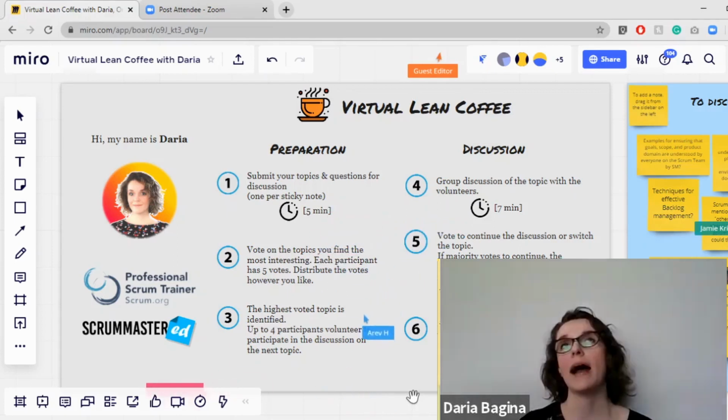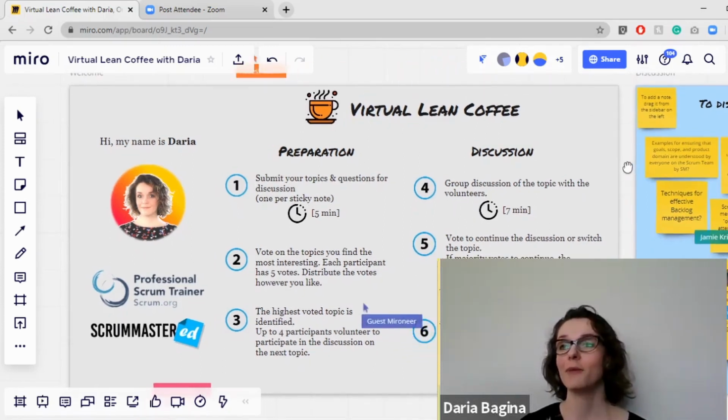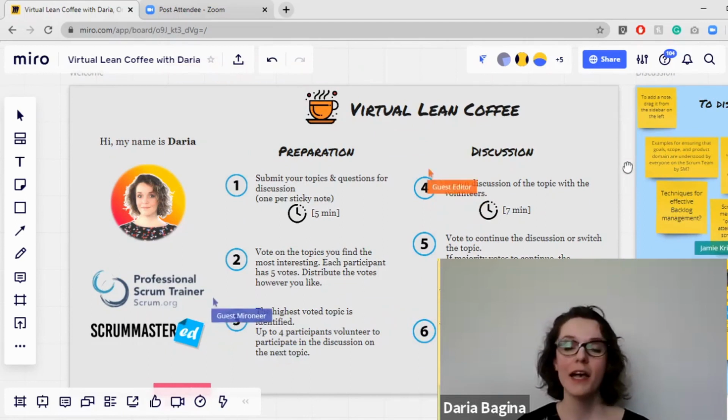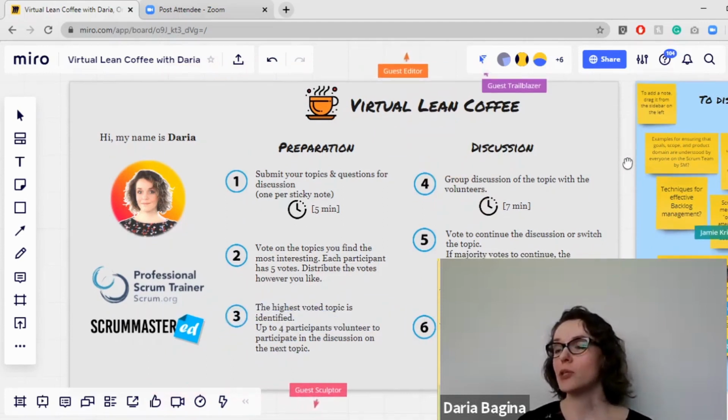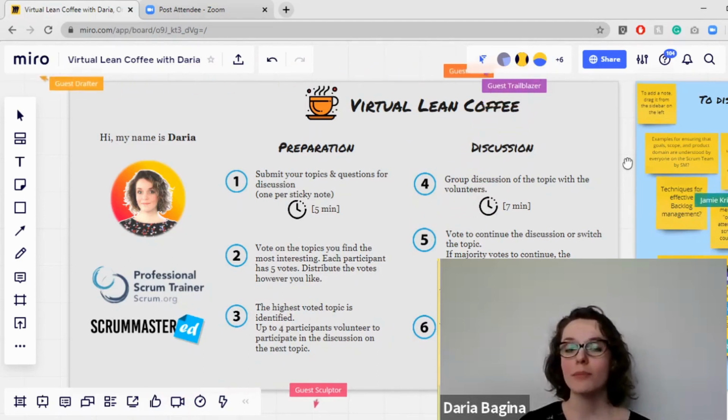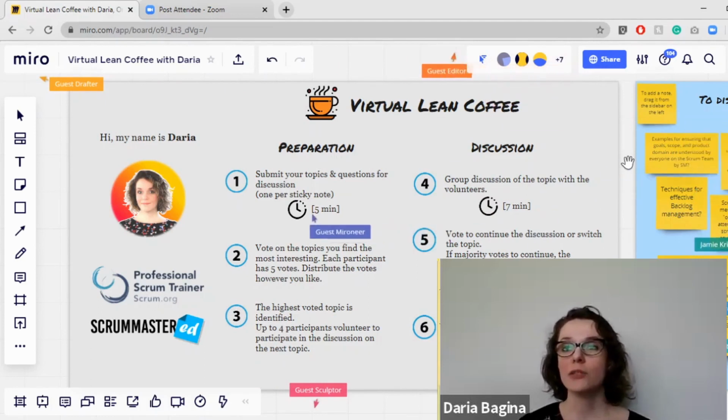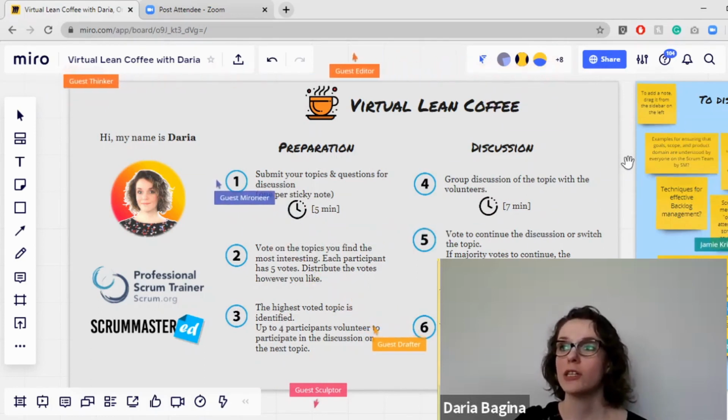relevant to them. This is something that I think you can use in any retrospective, for example, especially if you're not really prepared, because that's the retrospective where the teams can help basically create the topics that they would like to discuss. As well as this is a great way to connect people from different departments and to get together and start talking about maybe some organizational challenges, or maybe just learning about each other and the